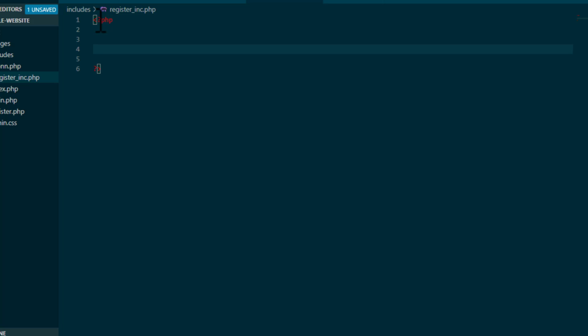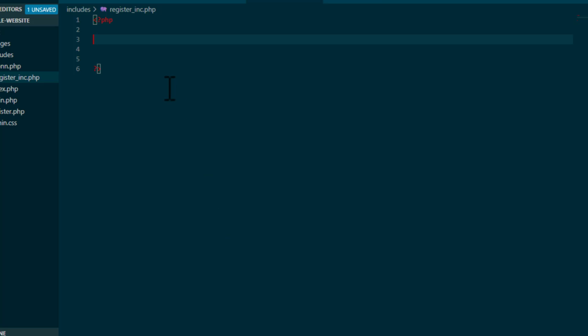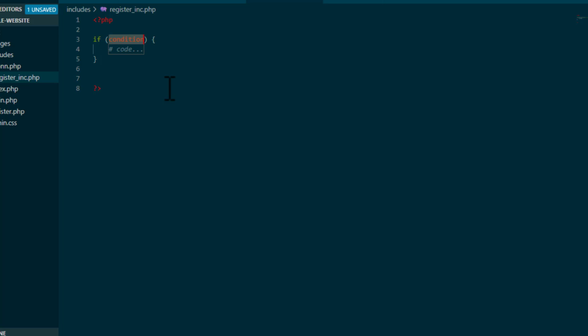And now within this, I'm going to have the PHP code. And the first thing that I always want to do is to test whether the user has clicked the submit button. And to do this, I will use the if statement, and the condition will be isset